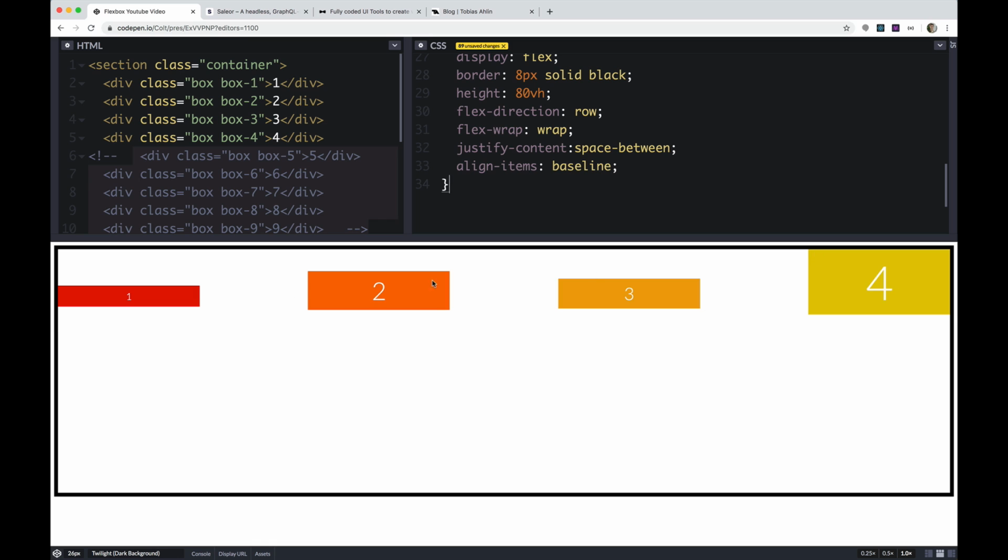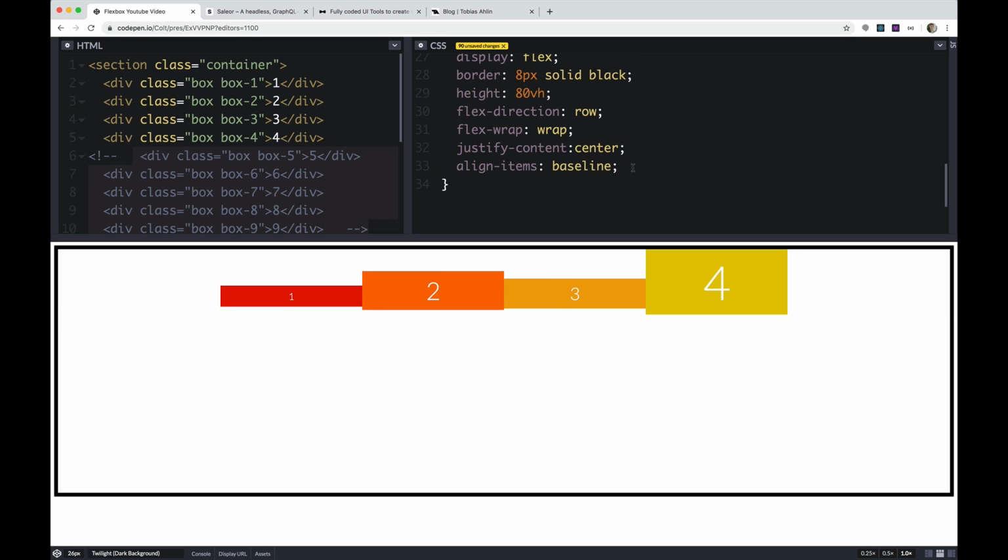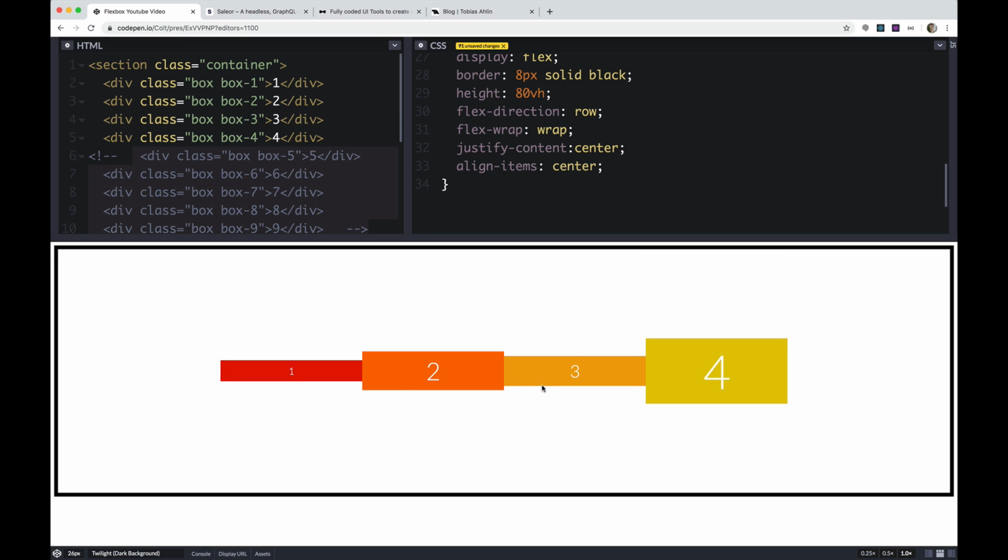And why don't I smush these guys together? How would I do that? How would I get them to align in the center here with space on the left and the right horizontally? I would need to change justify content. I'll just make it center. Okay, so if I set align items back to center, you'll see that they are aligned horizontally and vertically in